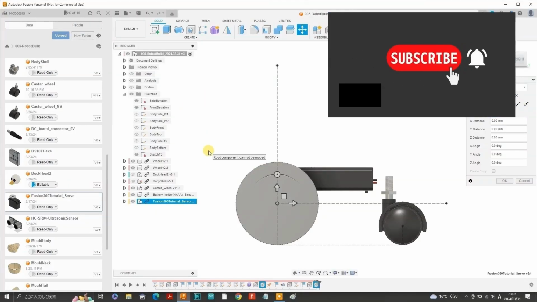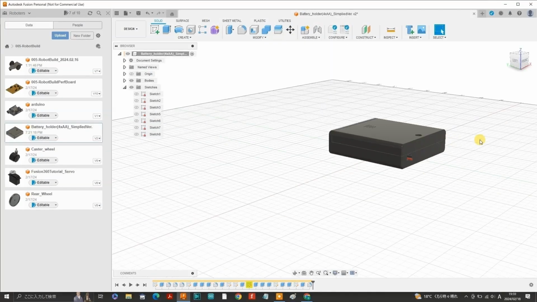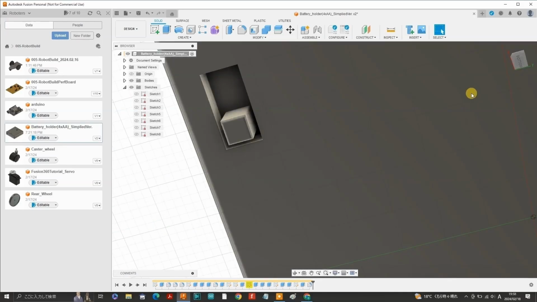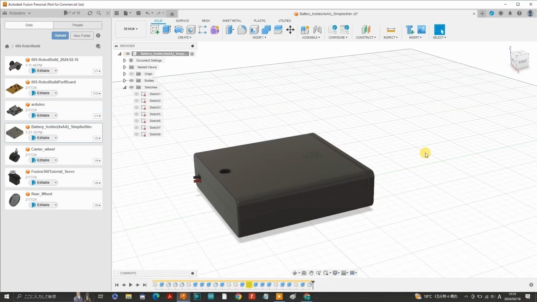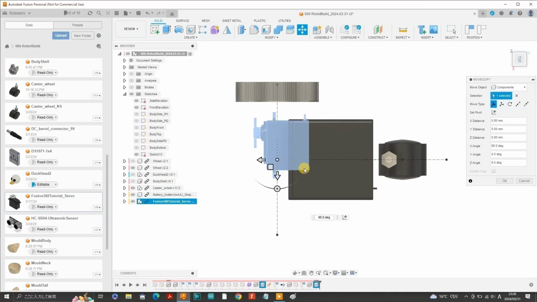Here I've started to insert more components. I have an AA battery holder at a random position. This battery holder holds 4 AA batteries and has a switch just like the actual battery holder that I'm using for this build. I have also inserted a Hi-Tech HS311 servo. I am just rotating and moving it around to an approximate position.